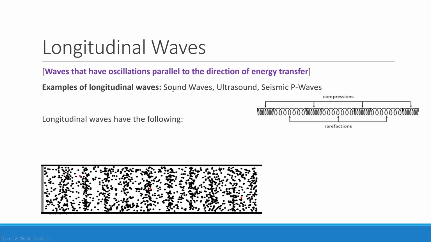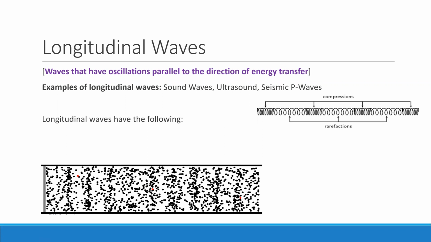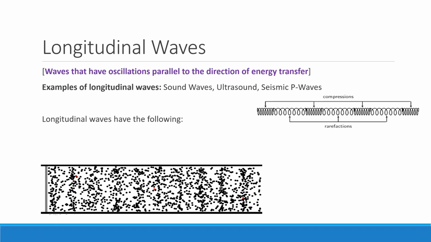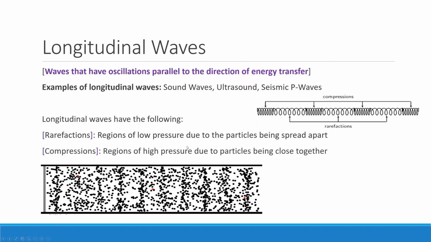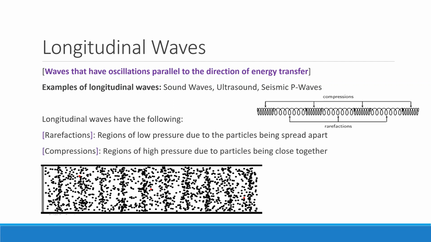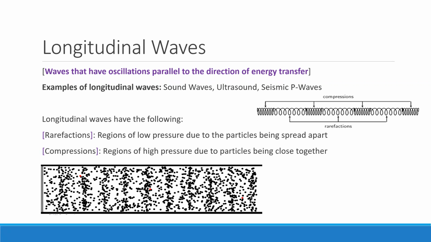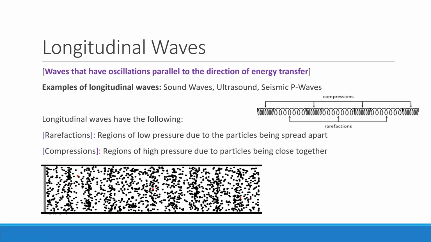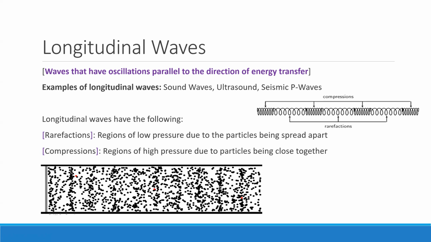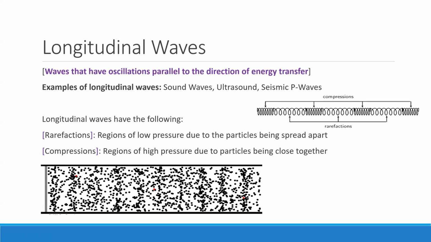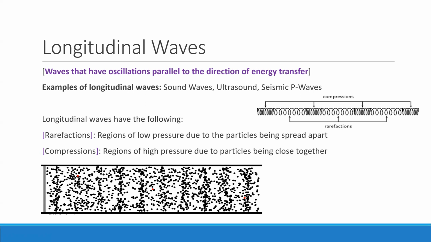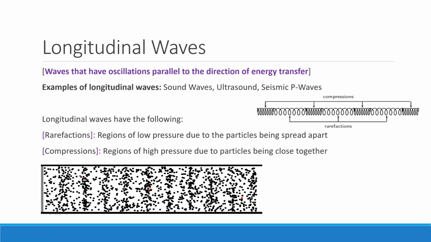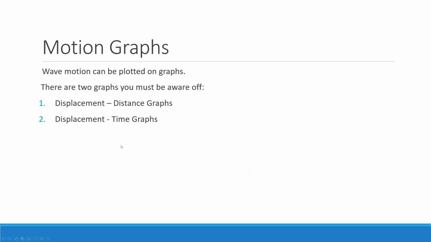Okay, longitudinal waves have something called compressions and rarefactions. So if any wave has a compression, immediately we could label it as a longitudinal wave. What are compressions? Compressions are regions of high pressure, due to the particles being very close together. And you could see in the animation below where the compressions are. So where the particles or molecules are really, really close, we call it a compression. Whereas if they're further apart, then it's called a rarefaction. So a rarefaction is a region of low pressure due to the particles being spread apart. Transverse waves don't have rarefactions and compressions. They have peaks and troughs. So just keep that in mind.